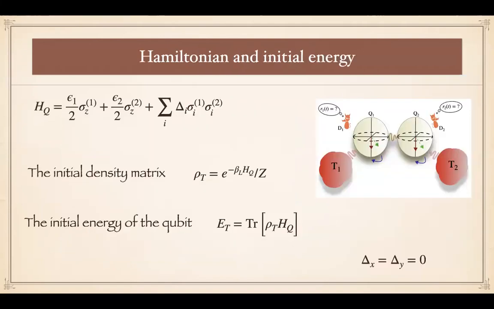In this case, instead of one qubit, you have two qubits, and the coupling is given by delta X, delta Y, and delta Z, where they are sigma X, sigma Y, and sigma Z type couplings between the two qubits. But for the case of Maxwell's demon, I will just consider delta X and delta Y to be 0 because it's much easier. In that case, the Hamiltonian is diagonal, and we don't have to worry about diagonalizing it. But it can be easily extended to those cases as well.